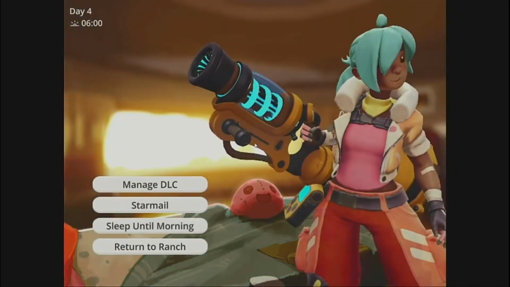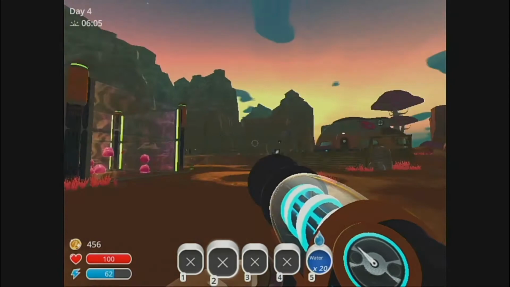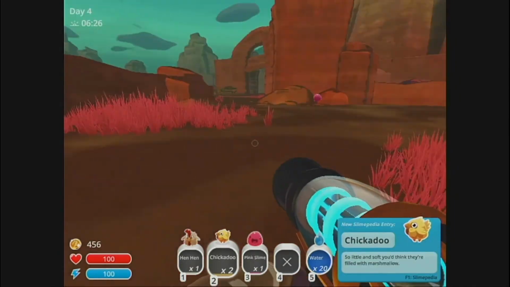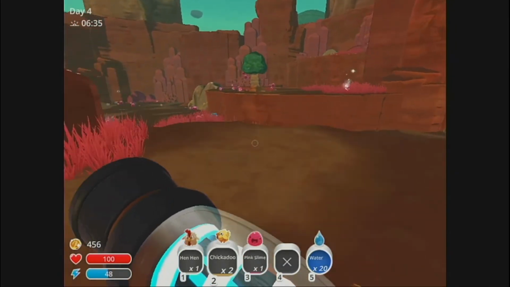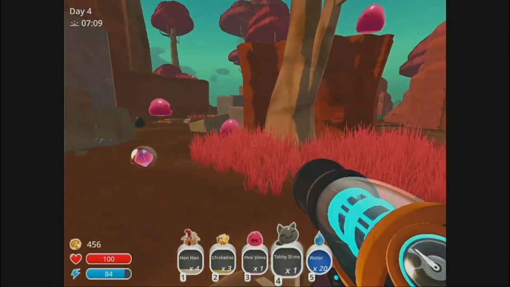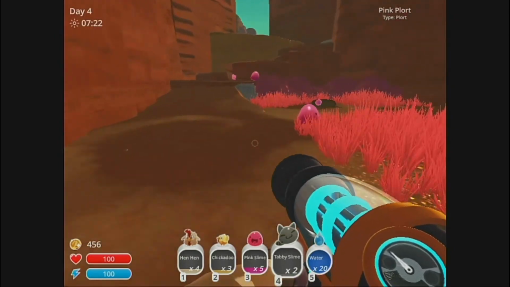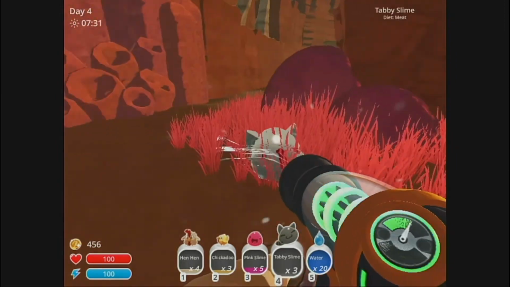Alright, so let's sleep until morning. And I got just under 6 minutes to complete the order of getting 5 more tabby slimes. So let's quickly see if we can run out and get them. Take the chickens. Chickadoos, so little and soft you think they're filled with marshmallow. They're the baby chickens. One, two, three, four,